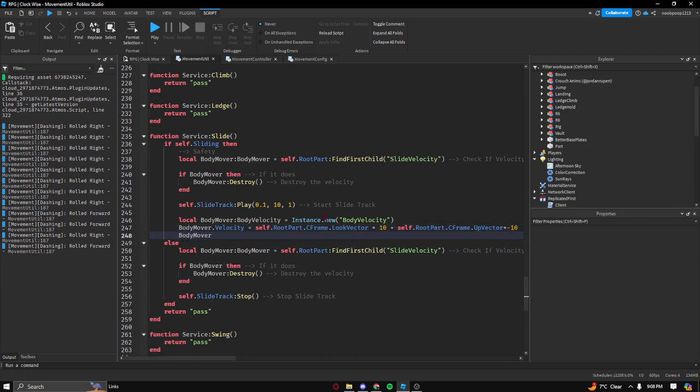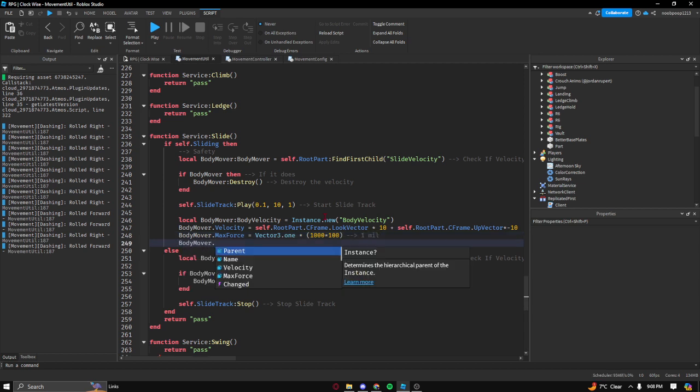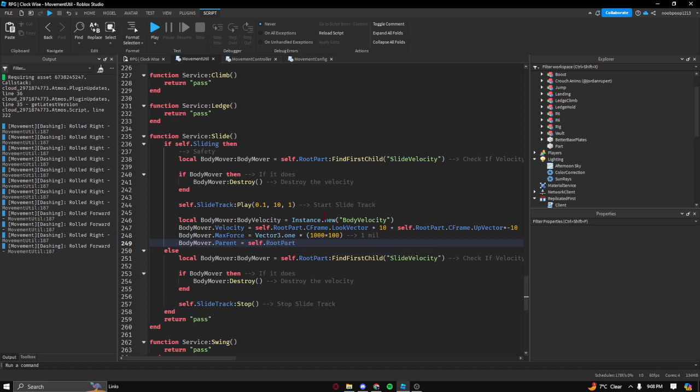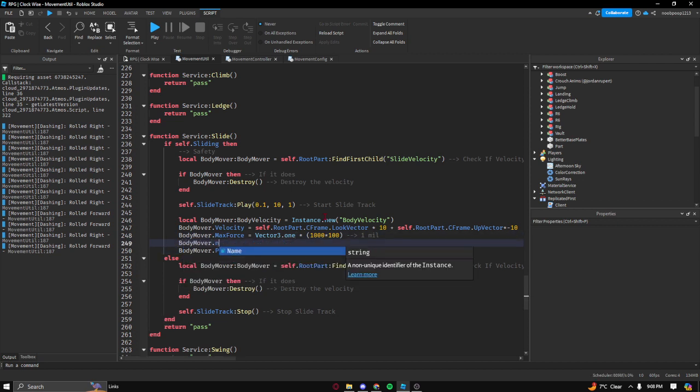And we're gonna set the max force to like 1000 to the power of 2, but that's a really big number. Let's do 1000 times 1100. That'll be like 1 million. I think so. And then we'll just set the parent to self dot root part, and let's give it a name of slide velocity. So if I hit play now,